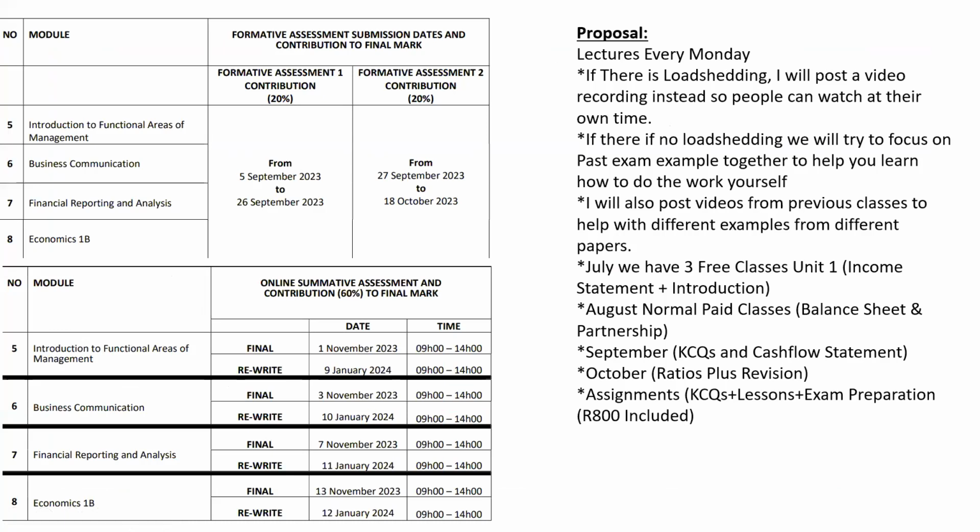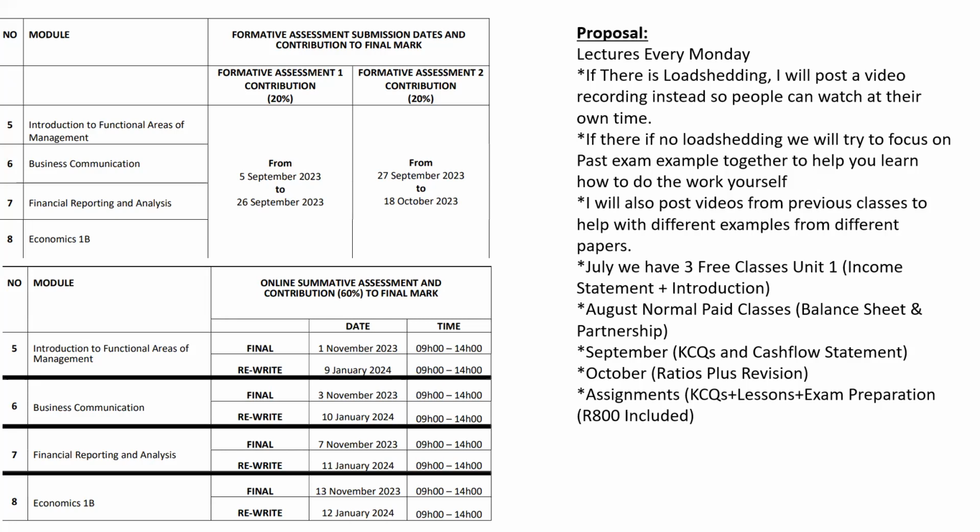So just like I said, in case you did not join us last semester, that's why I'm highlighting some of these things. So remember, you have got 2 KCQs and an exam. So you've got 3 assessments: KCQ1, KCQ2, and an exam. Just like you did last semester for each and every module that you're going to do. So don't worry about the modules that are here. Maybe they're not matching yours. Like I said, you do different modules. For now, I'm talking about financial reporting and analysis.